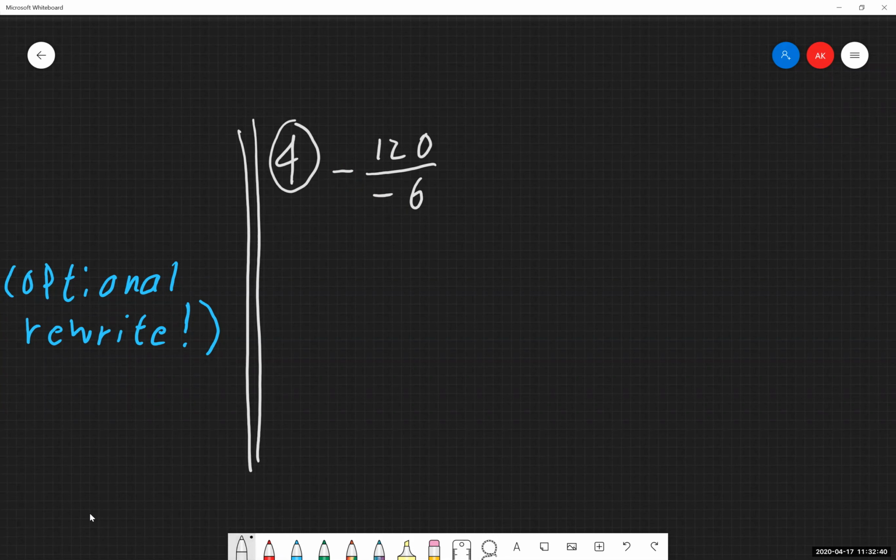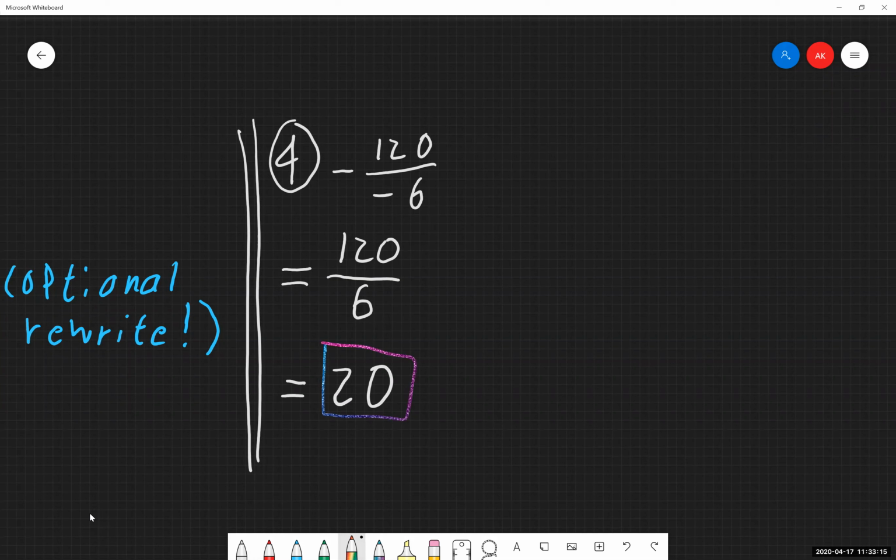So my next line of work, I can just cancel out and not have those negatives in there. I can rewrite this instead to be 120 divided by 6. I know my answer is positive. This is now written as a positive divided by a positive. So that's going to give me a positive answer, and I'm good to go there. The signs are gone, and now I can just worry about doing 120 divided by 6. And you can apply your calculator if you need to for that. You should be getting an answer of 20. And we have that there.